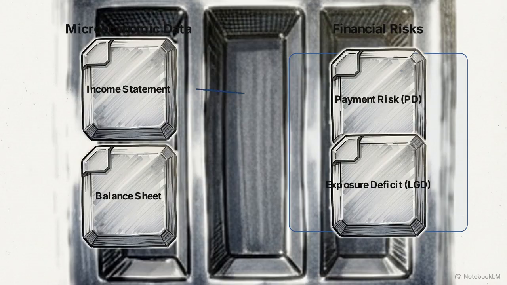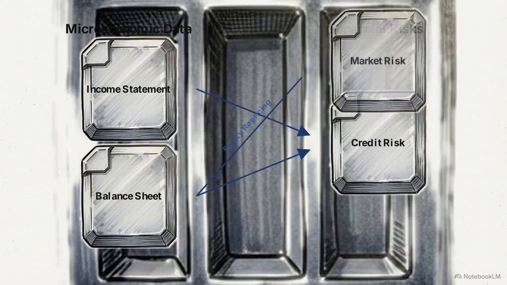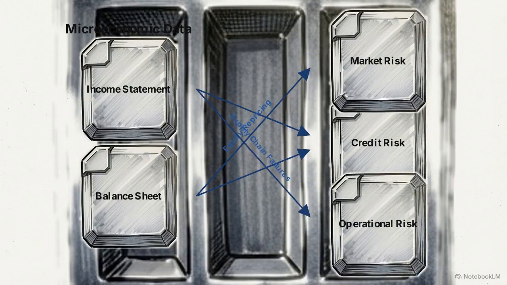Plummeting revenue and spiked costs mathematically degrade the debt service coverage ratio, driving up probability of default. Simultaneously, the facility's physical destruction devalues the underlying collateral, mathematically increasing loss given default. This same left-to-right transmission logic must also be applied to calculate market risk through equity repricing and operational risk by